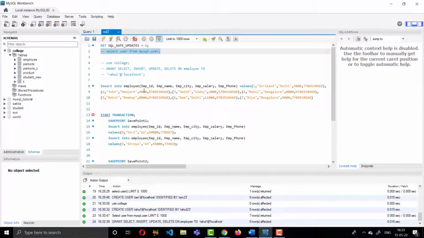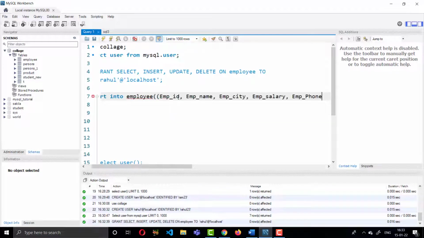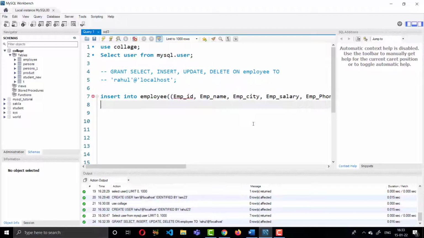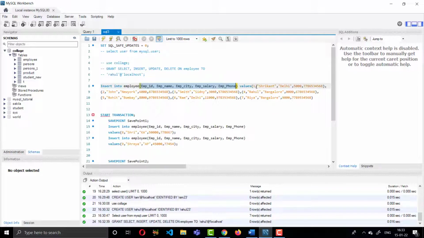I have already written them here, so if you are following the tutorials sequence-wise, you will not feel any difficulty. Then enter values, and I'm inserting only one row.